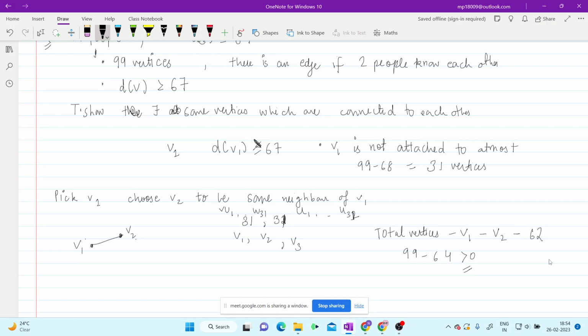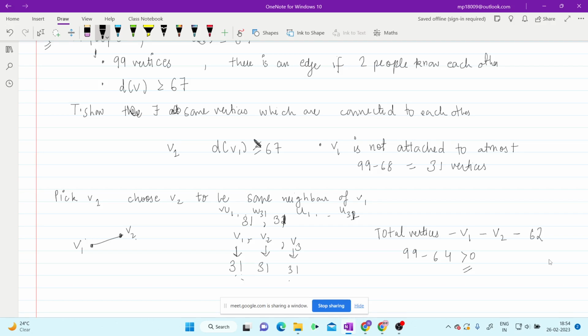So we see that we can pick V3 from the remaining ones. Now we do the same thing for this. Now V1 is not attached. V1, V2, V3 are connected to each other. V1 is not attached to at most 31 members. V2 is also not attached to at most 31 members, and V3 is also not attached to at most 31